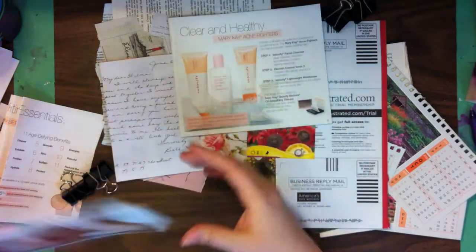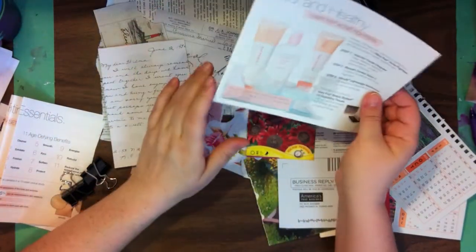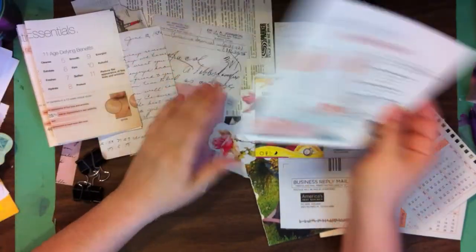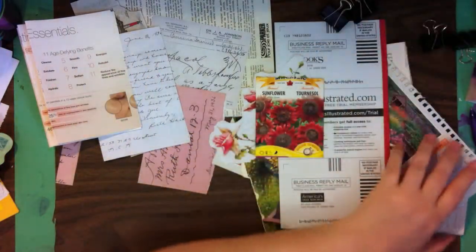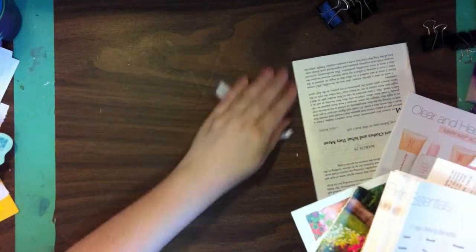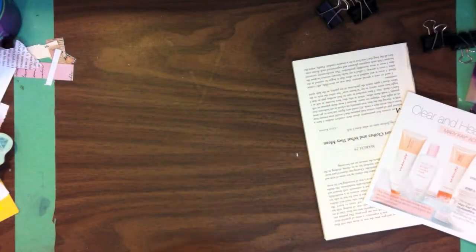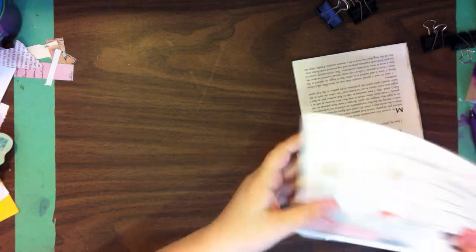Okay, so I only have a few sheets left for my other one because it wasn't as easy as I thought to make it. Anyway, so I'm going to clear the decks here, and then I'll show you kind of what has happened. Oh, I was working on some other projects. Let's just clear those little bits off to the side too. Okay, we'll come back to this in a minute. Okay, so